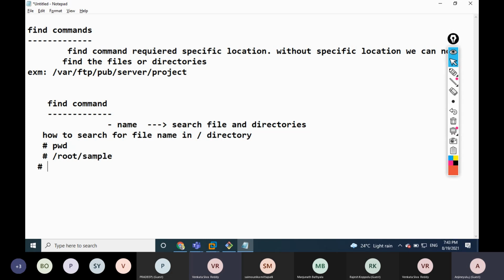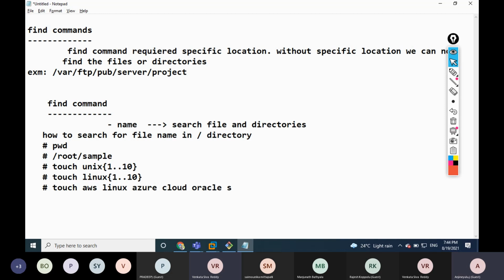Under the sample directory, I am creating files like touch Unix 1 to 10, touch Linux 1 to 10, and touch AWS, Linux, Azure, Cloud, Oracle, and SQL.